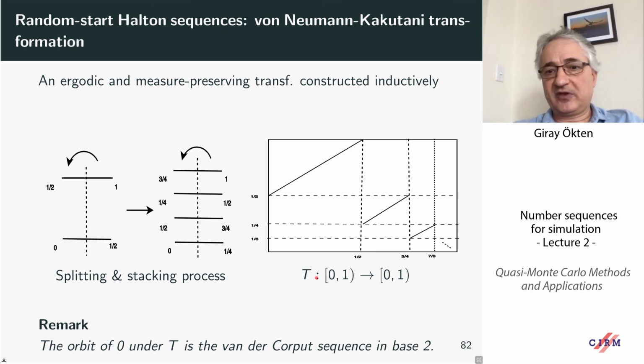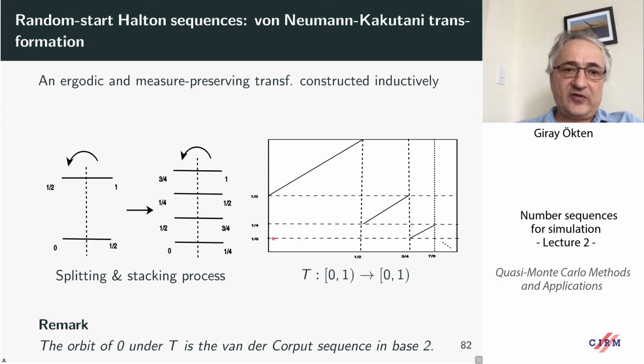So this is a mapping, a transformation from [0, 1] to [0, 1], and it's constructed in an inductive way. So here's how the construction goes. It uses the so-called splitting and stacking process. You take the unit interval and divide it into two pieces, [0, 1/2] and [1/2, 1], and you stack the second piece on top of the first piece. And then you are going to split these